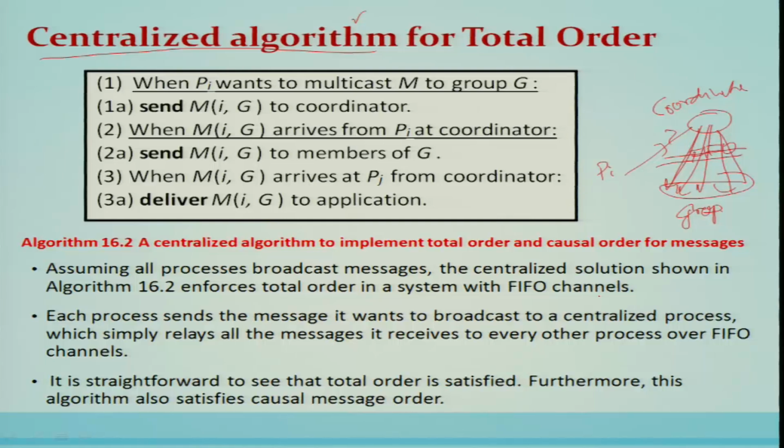Each process sends a message it wants to broadcast to a centralized process, which simply relays all the messages it receives to every other process over FIFO channels in the group. So it is straightforward to see that the total order is satisfied. Why? Because the order in which the messages are given by the coordinator, the same order it will be delivered. Hence, since it's a total order, it also satisfies the causal order. Why? Because we have seen in the hierarchy